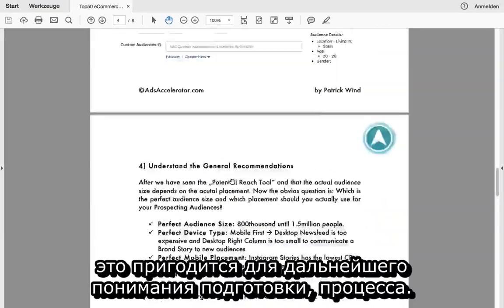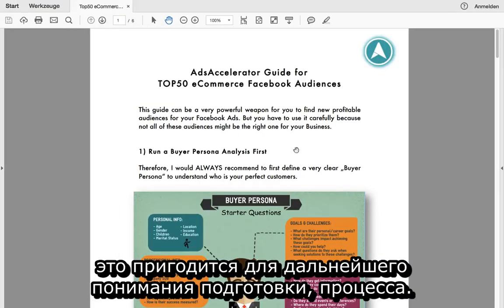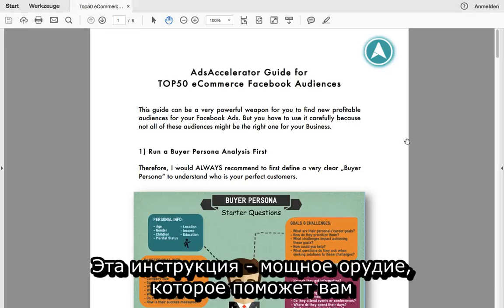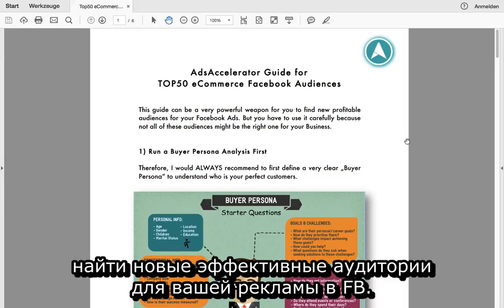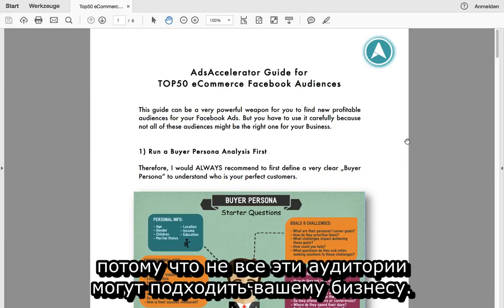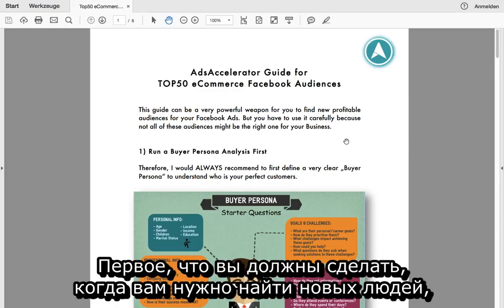audiences, it's important to understand the entire preparation and the entire process so you can really get the best out of it. Because this guide can really be a very powerful weapon for you to find new profitable audiences for your Facebook ads, but you have to use it carefully because not all of these audiences might be the right ones for your business. So the first thing you have to do when it comes to Facebook ads and you